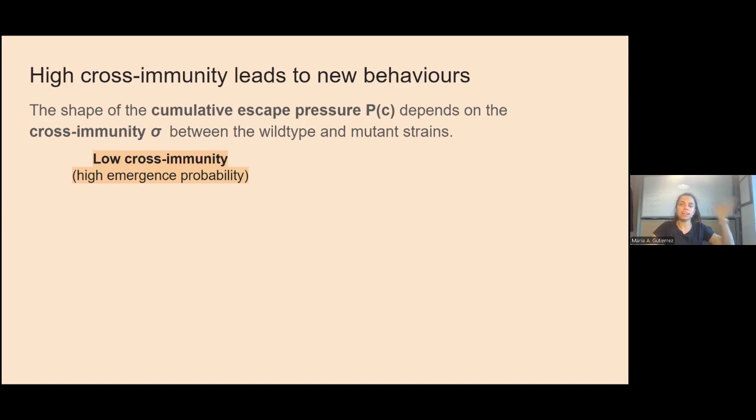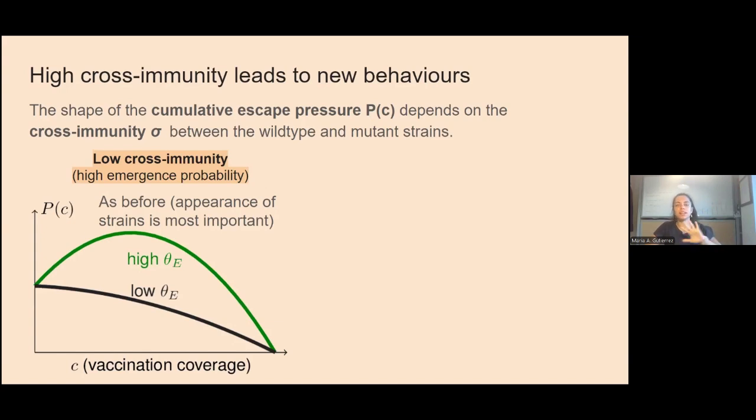So these effects from the stochastic extension are not really important, and so we get the same thing that we had before: appearance is the most important. The key thing is that we get enough infections and enough selection with theta e so that the mutant can appear. But if we had high cross immunity, there's a low emergence probability. So then the calculation that we had before doesn't really check out, because the emergence probability, little p, is going to be small,